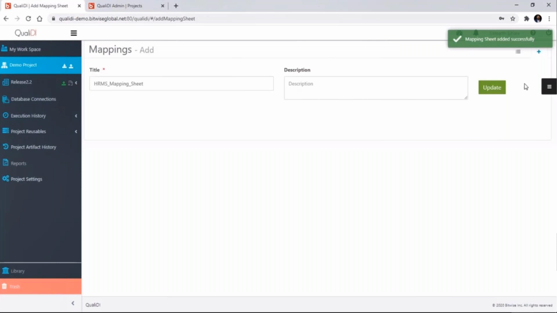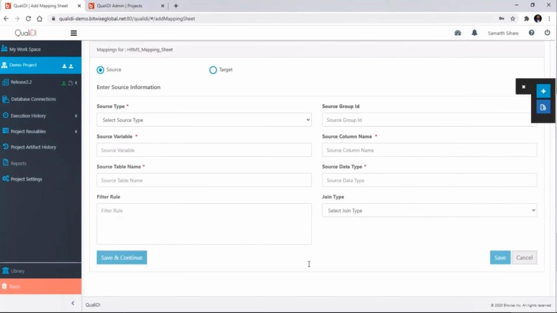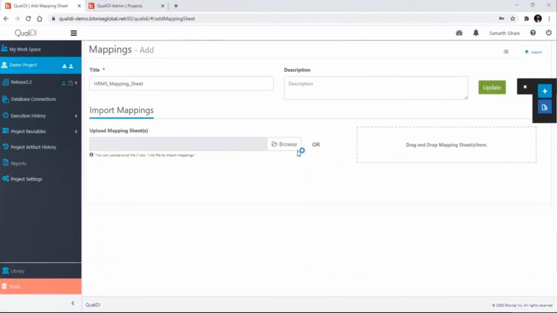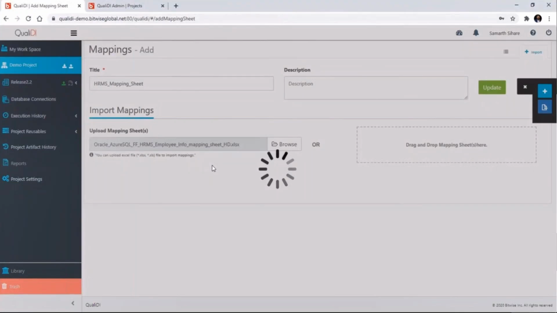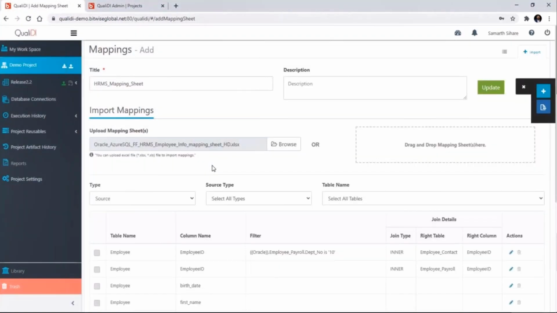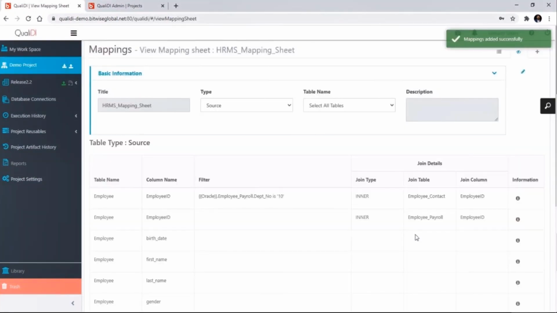Either use the QualiDI interface to write mappings one by one, or import them through an Excel sheet. For this demonstration, let us use one Excel sheet. QualiDI will now read this Excel sheet and display the mappings in it, and we can confirm our changes. This is all we need to derive our test suite, or generate an automated test suite.